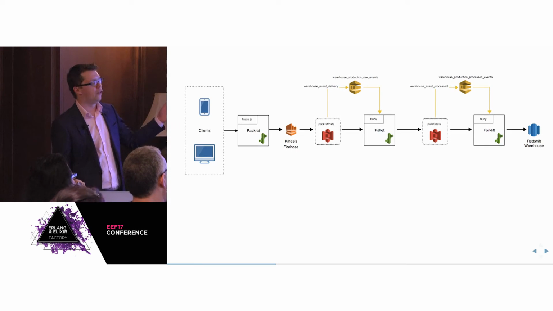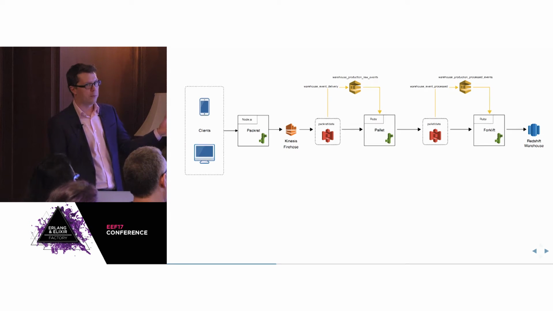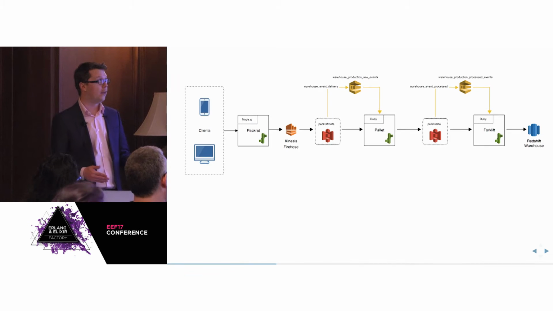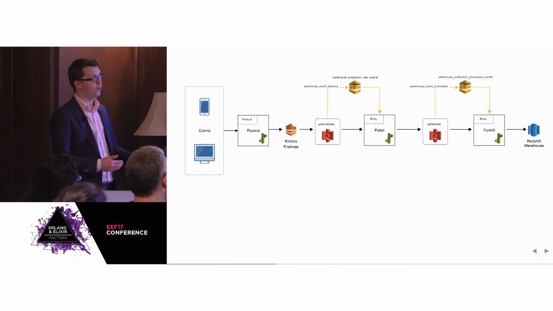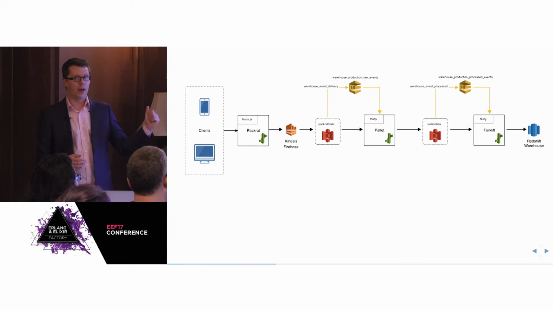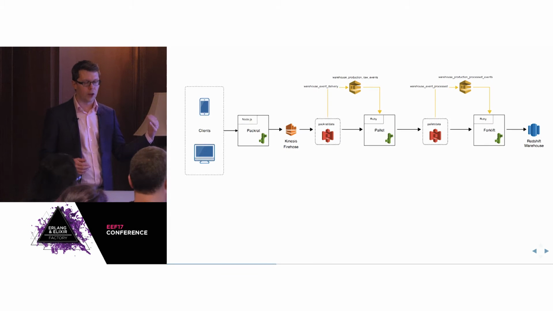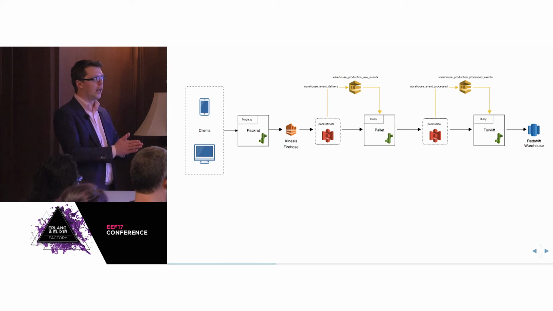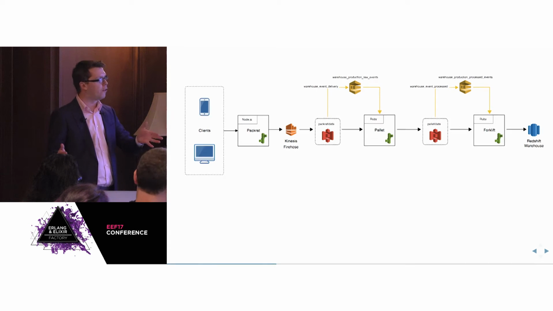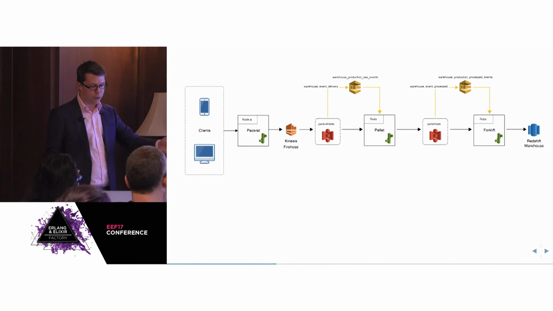Data comes in from clients. We collect it in a Node.js application. The reason we used Node was because we had used it before and we were able to use a lot of the code we had, but Elixir would have been a really great choice here. We write that to Amazon's Kinesis system, which is a queue, a bit like Kafka, that allows us to batch up all these disparate events and write them in batches. We write those out to S3.